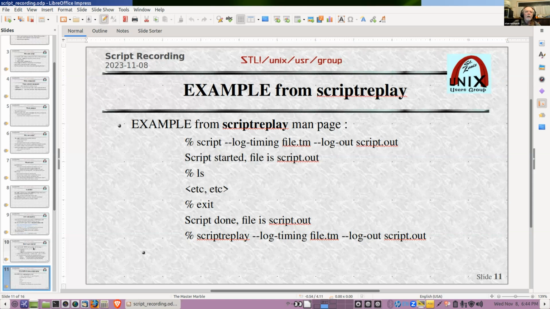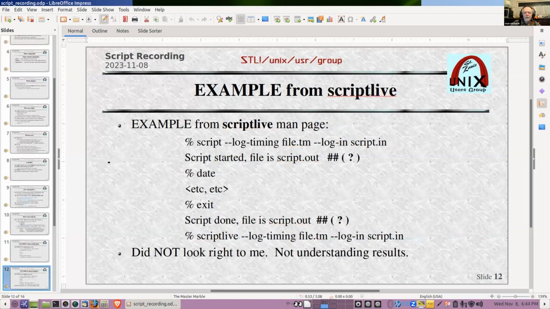Now, next slide. The example from scriptlive, it didn't look right to me. And I did some testing with it, and I do not understand the results exactly. It didn't look right. I've got one example I'll show in the demos later, and it's a little bit screwy.